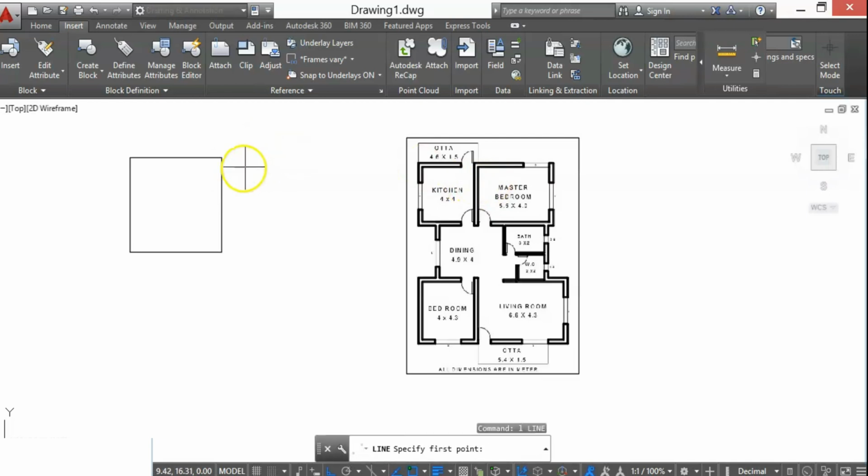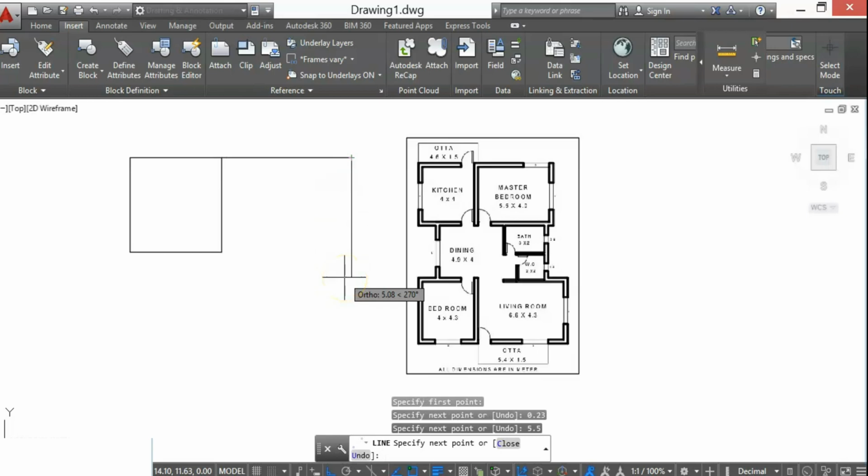Wall thickness is 0.23, so I'll again draw a line of 0.23, enter. Then the bedroom size is 5.5 meters by 4 meters, so the length is 5.5 meters, so I'll do 5.5, enter, 4, enter.